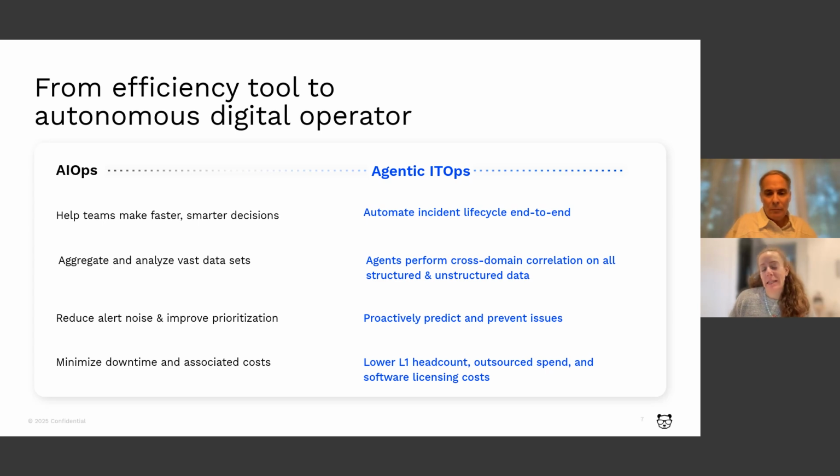All great points. One theme I hear there is really just questioning the status quo. We have done these things for many, many years. Does it have to be that way? What if we opened ourselves up to what the possibility could be, and, to your point, asked the question and saw if there is a more efficient, more automated way to do that? I think that's really what comes into play here with agentic IT operations. For sure.